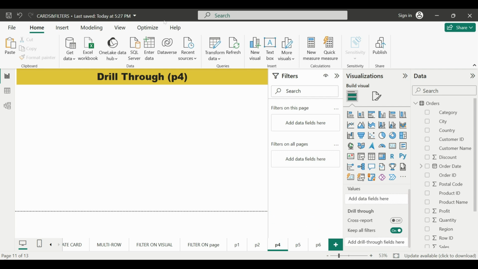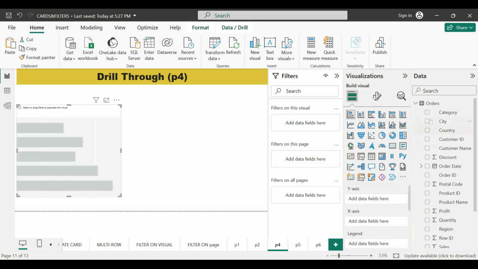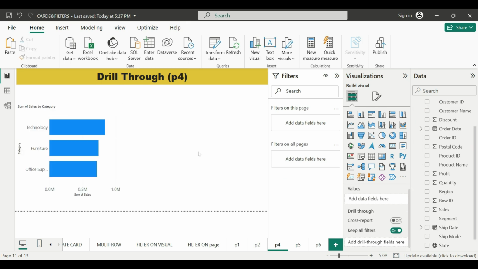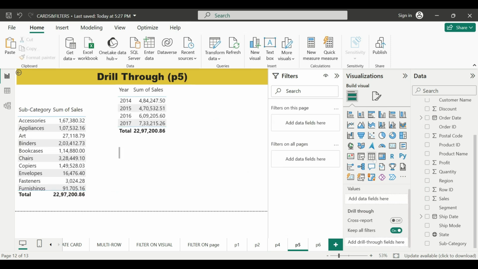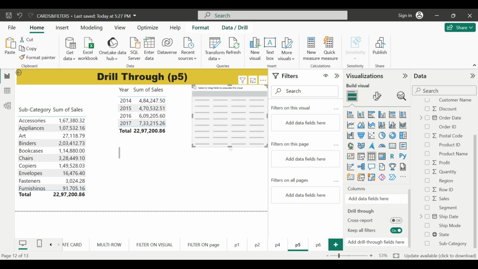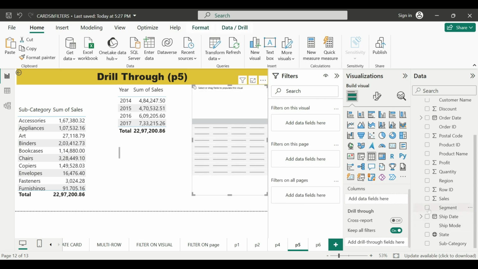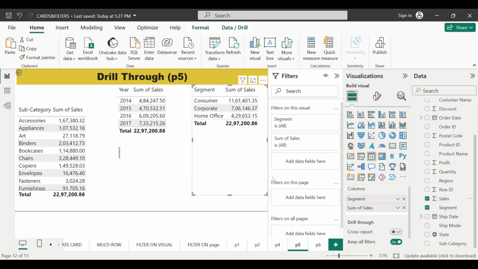Let's talk about P4 first. In P4, I will create two charts. One is a bar chart with category and sales, and the second is region-wise sales as a pie chart. In P5, I will create three tables: subcategory and sales, years and sales, and segment and sales.